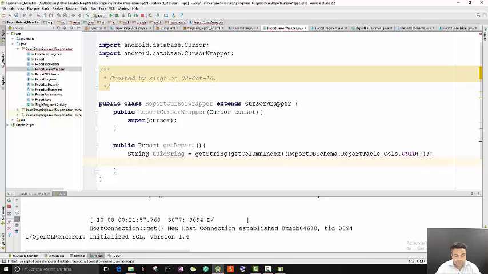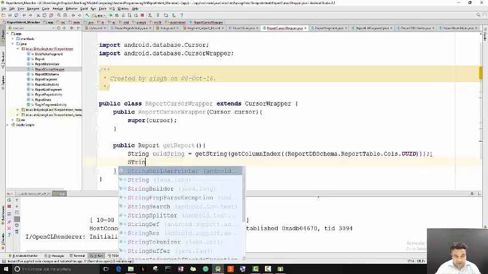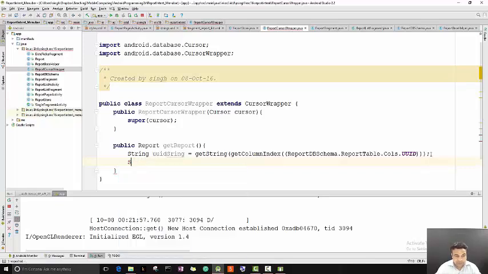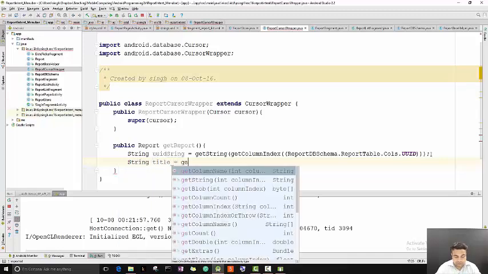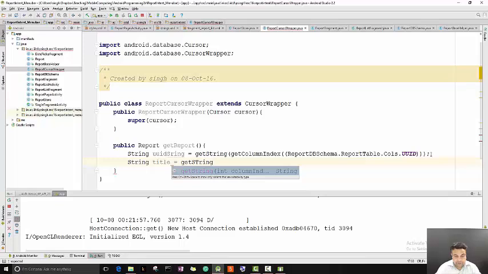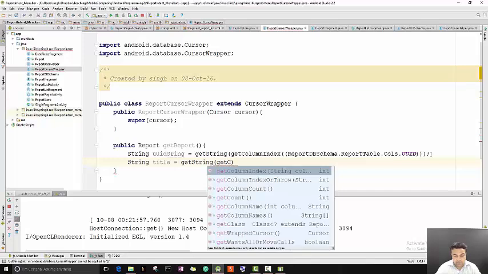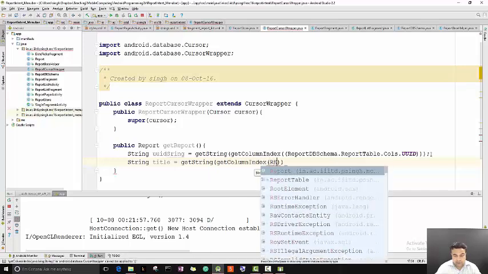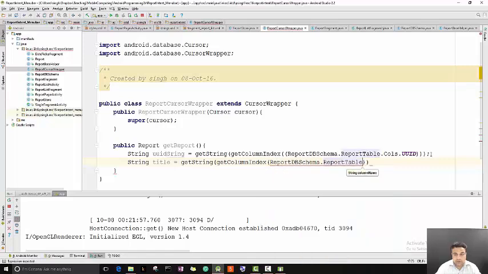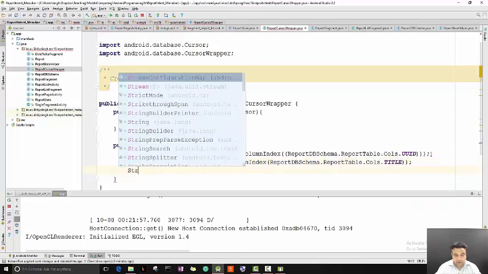And then similarly we will read the title equal to getString, getColumnIndex, ReportTable.Cols.title, and then a string,